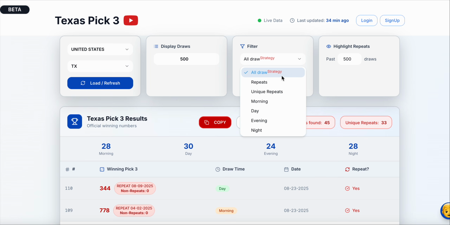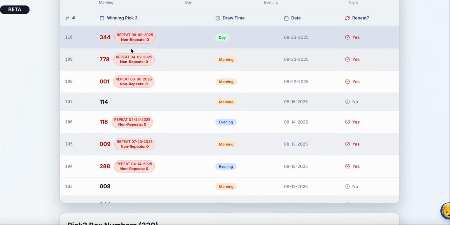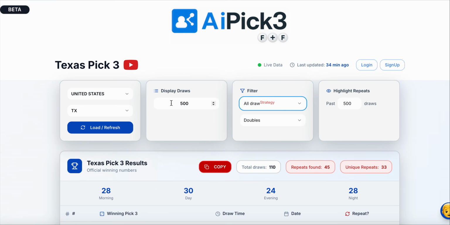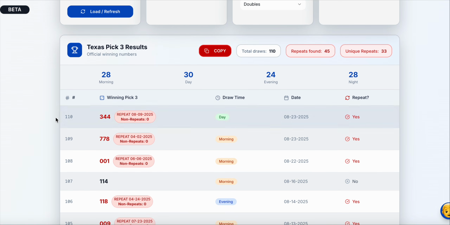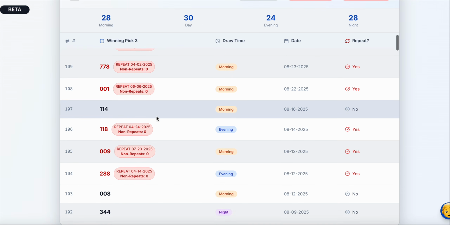And the way we're going to do that is we're going to utilize past draws to remove those numbers that have already won. And then the remaining numbers will have a higher probability of winning. That's what we did here. So repeat numbers, meaning that they're repeating. If you look at 500 draws and you have 220 box numbers, the likelihood of it repeating more often is very high, don't you think? Because you have 500 draws. So that's what happens here.